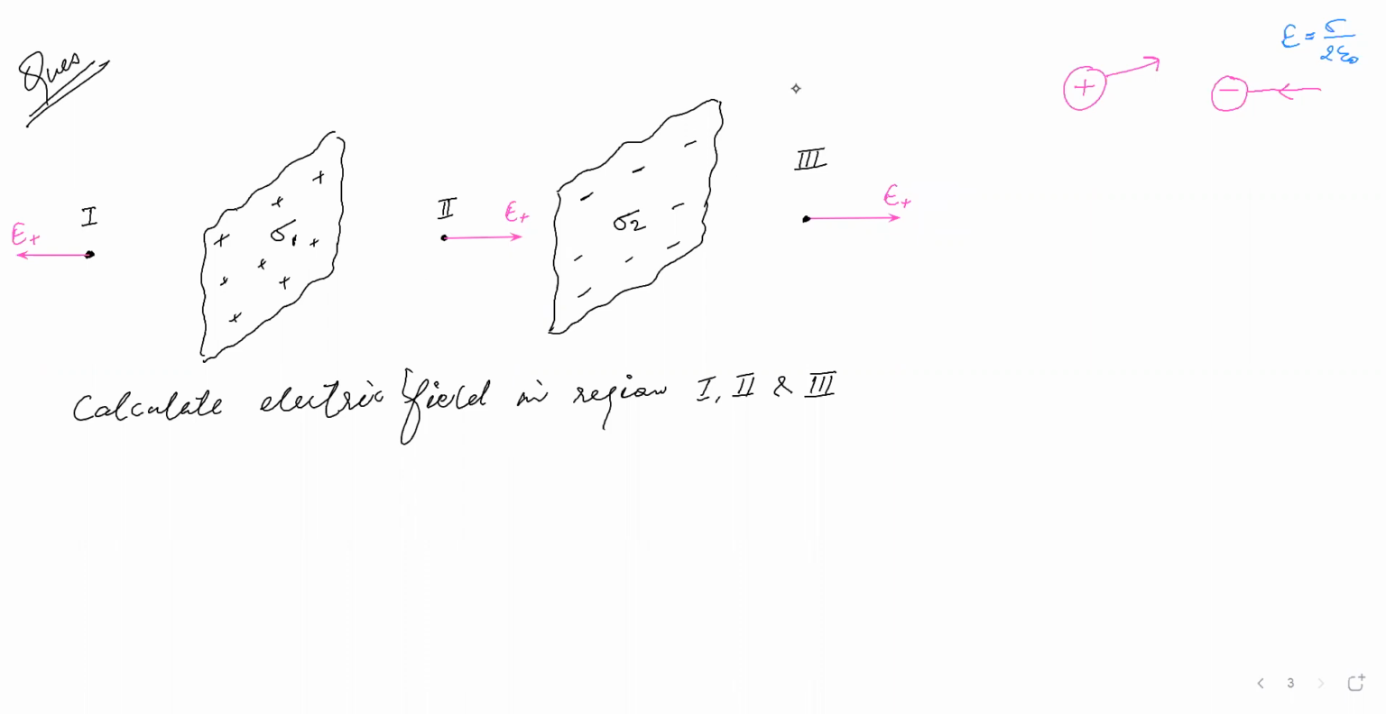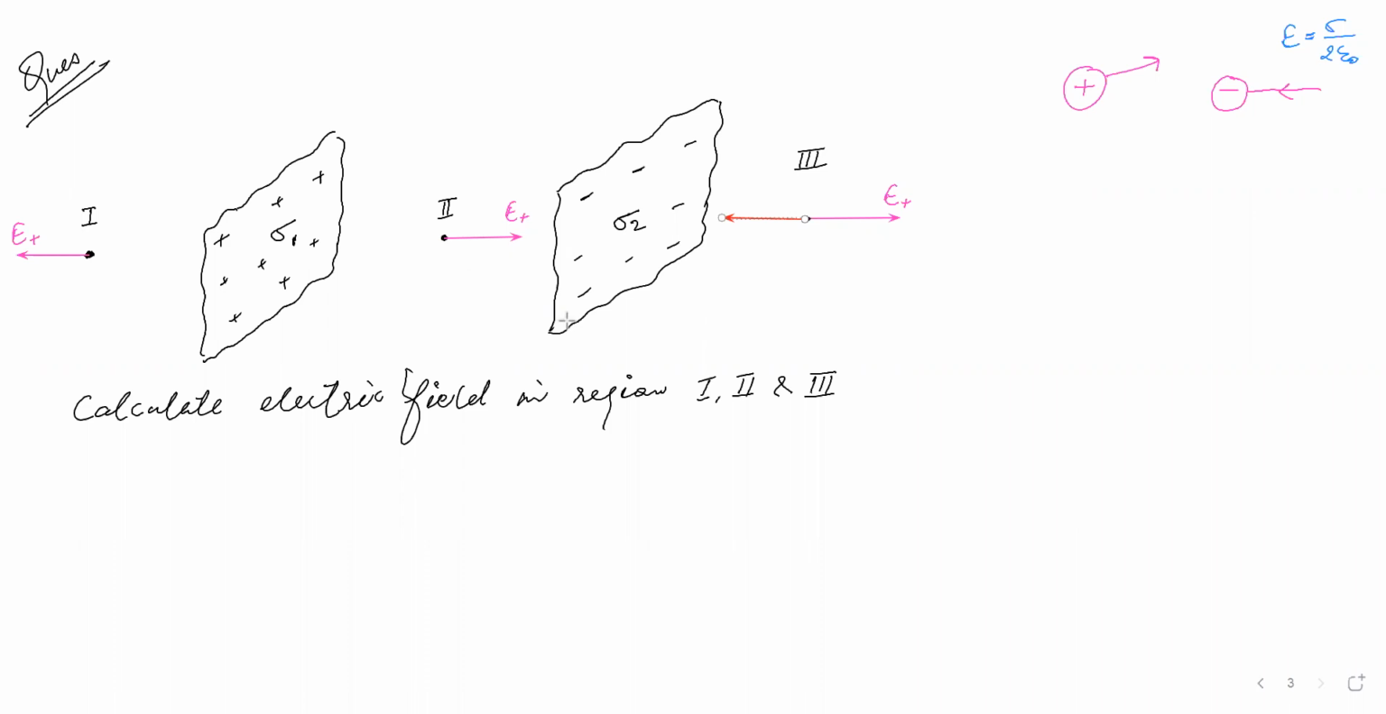In the next, what will be the direction of the electric field due to negative charge plate in region 3? Akshay. In region 3, what will be the direction of the field? Region 3. It is towards the plate because it is negatively charged. Okay. And in region 2,